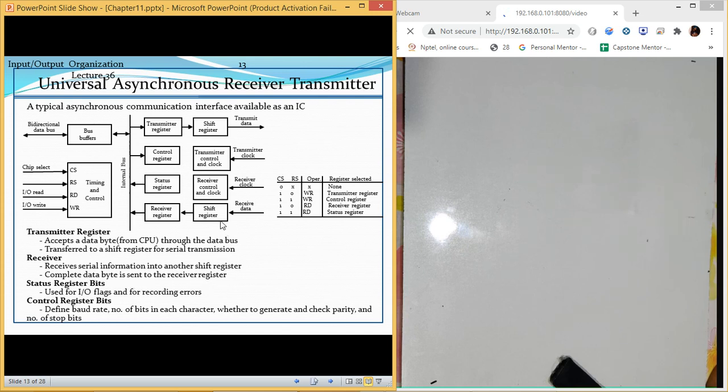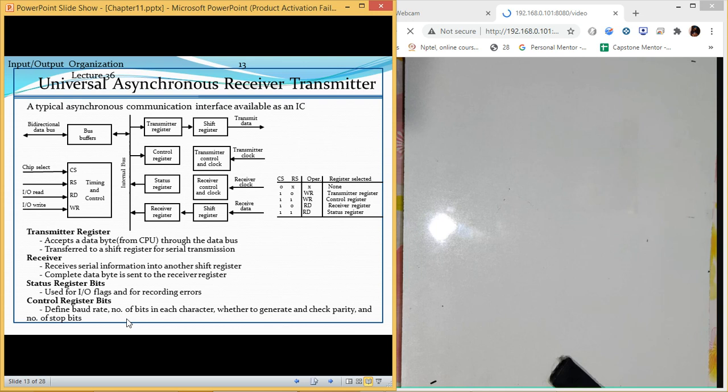So it receives the data, it collects it, and then it sends to the next. Then we have status register, which will tell you what type of errors are there. If there is any problem, then it will store that error in this status register. Then we have a control register. It defines the baud rate, means at what speed it will be working, how it is going to start the transfer. You can simply program all these things. You can change the baud rate, you can change the different values which we have.